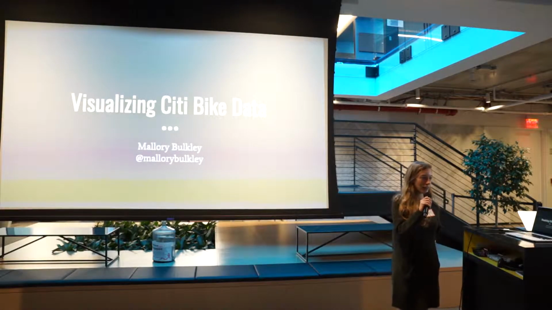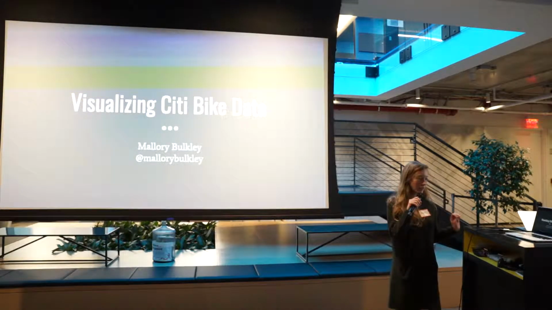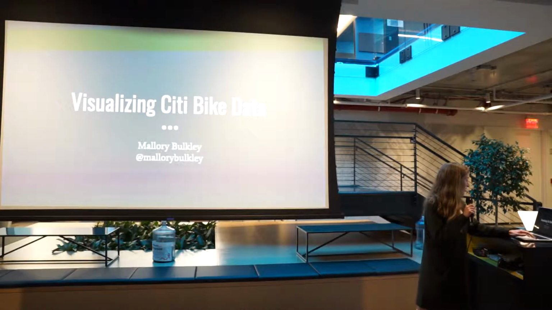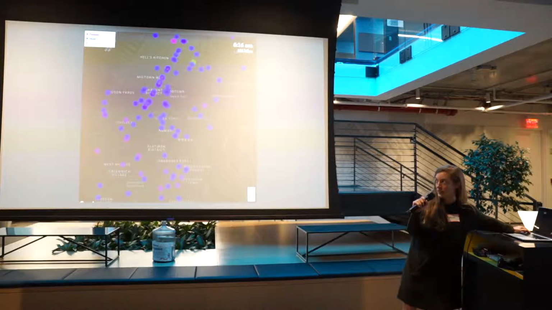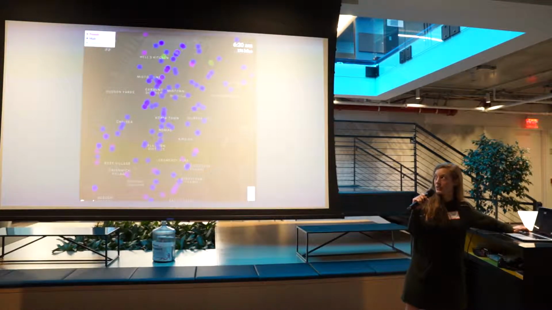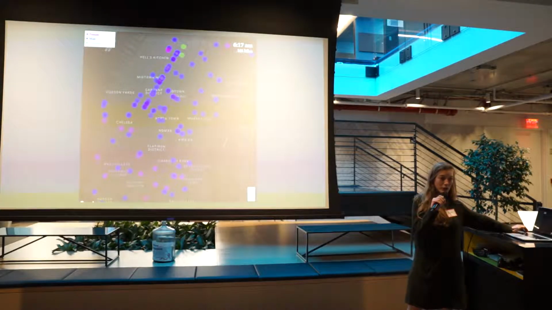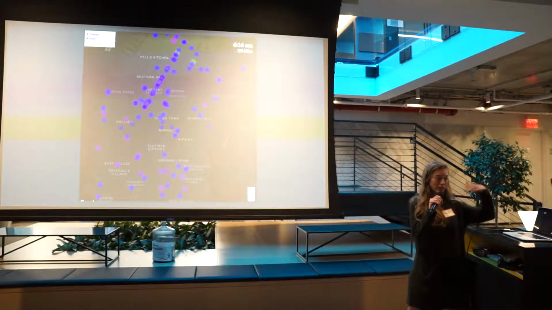So I'm going to talk about a visualization I made about 2 years ago for visualizing Citi Bike data. Basically, I want to start by just showing you what it looks like. It sort of looks like this. I just took a day of Citi Bike data and mapped all of the trips onto a Google map, so you can visualize where bikes are actually going